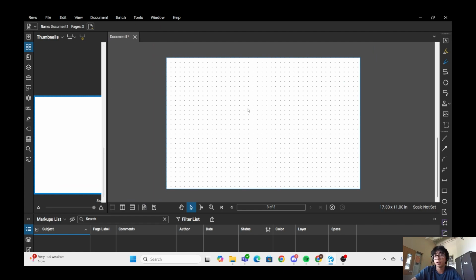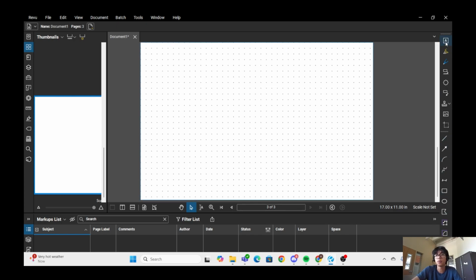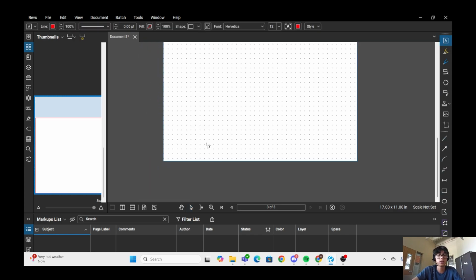So a little bit about Bluebeam. This is a tool that architects use to mark up PDFs, making notes, drawings, and handing them to other people to maybe review or just for presentation. So there's tools here like text, highlighter, pen, and arrows that they use. And for now, we're actually just going to use the text tool to create